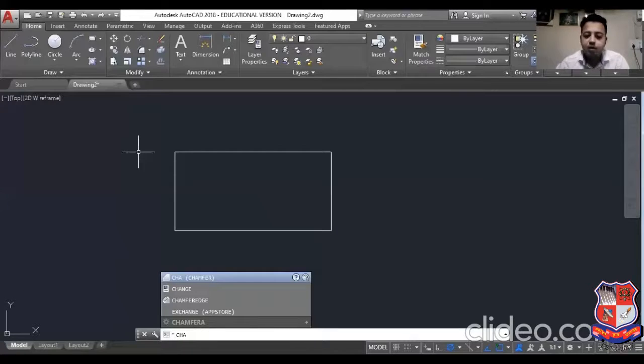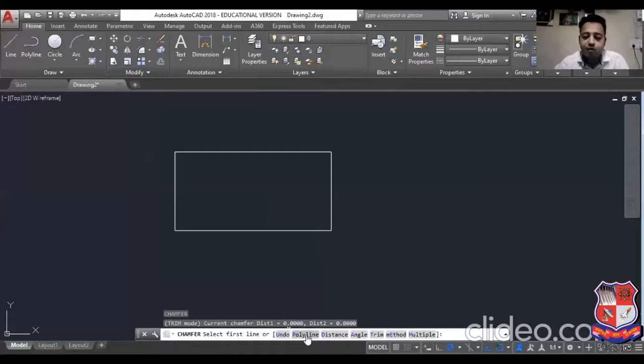Enter. So it will say again the same options as fillet. So you see one by one. So first of all, select the first line and select the second line. So it will not create any kind of chamfer. Fine. But if you select distance first, okay. So generally there are four options. Okay. First is D by D, D1 by D2, D1 by angle, and D by 45.